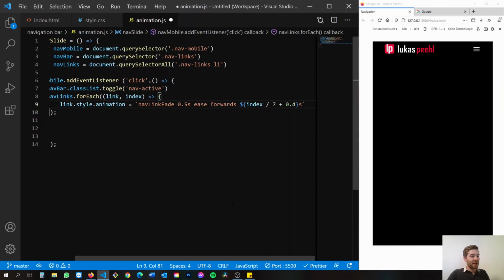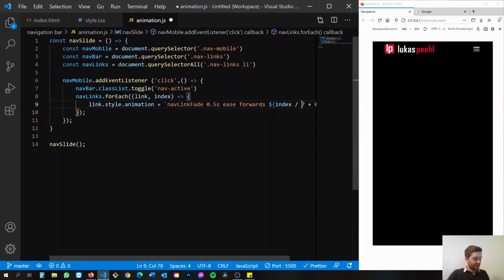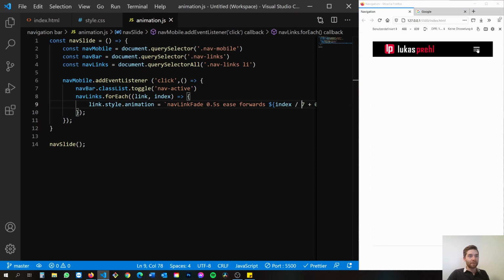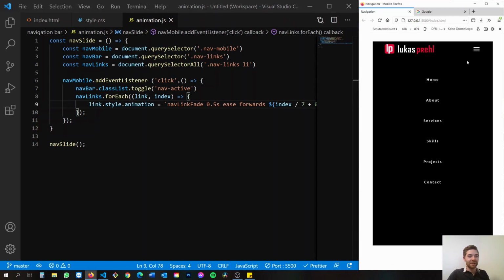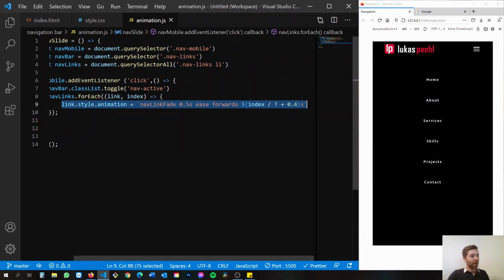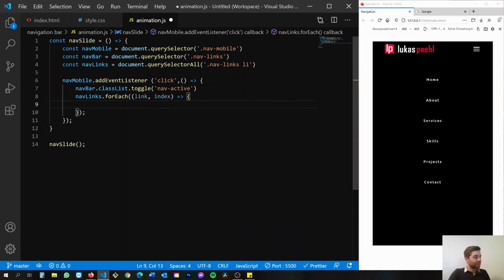So we're going to save that and check it out in our browser. So save that, check it right here. As you can see, nicely displayed one after each other. As you can see, it works, but just once. So we need to add a little bit more code here. We have to copy this line we just wrote, the whole line, inside an if statement. So let's cut that out, and we will add if link.style.animation